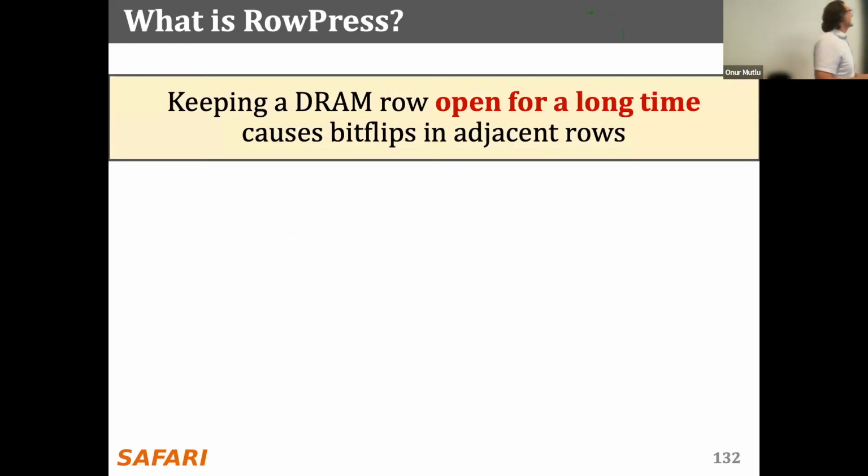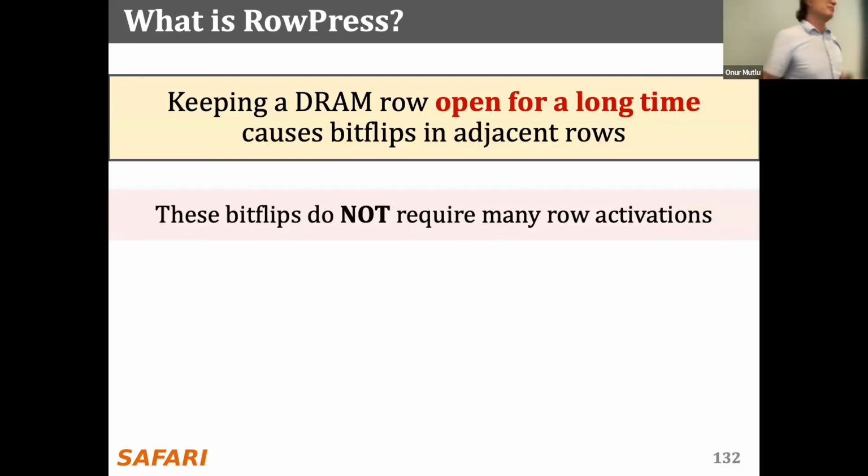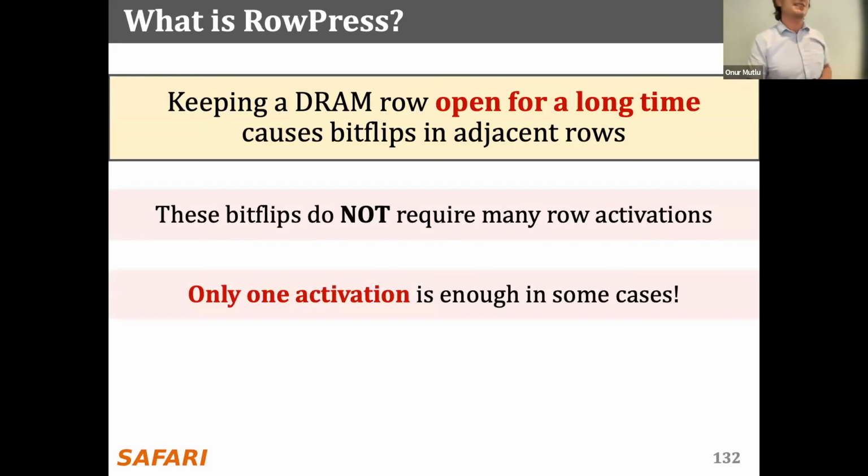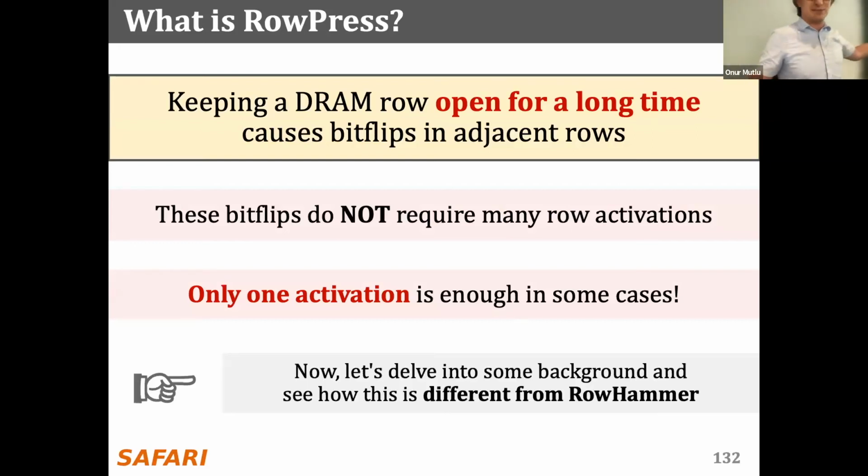So what's the problem? Basically, I mentioned to you earlier that keeping a DRAM row open for a long time caused bitflips in adjacent rows. But in this particular case, we kept the DRAM row open for much longer. And we saw actually very few activations are needed to cause bitflips. In some extreme cases, where you violate the timing parameters, only one activation is enough. This is fascinating to me because you essentially activate one row and you wait for 30 milliseconds, and charge gets depleted in another, adjacent row. Clearly, this is violating parameters, but it's still interesting from a device perspective.